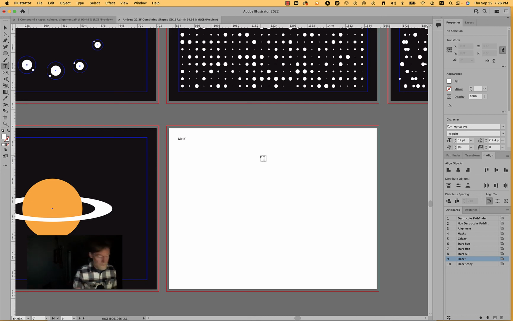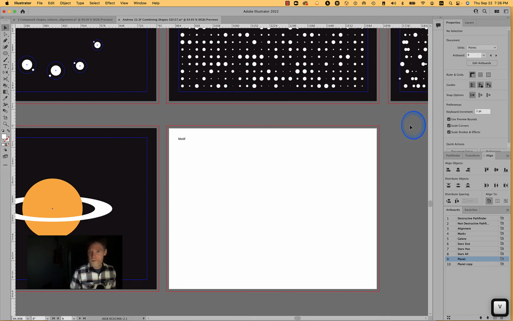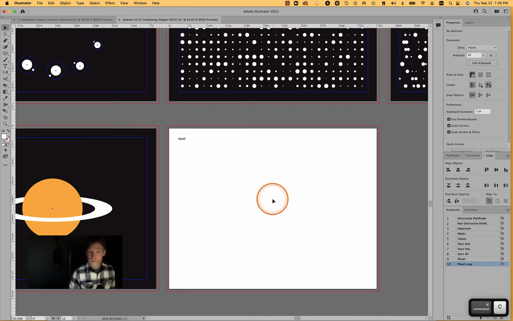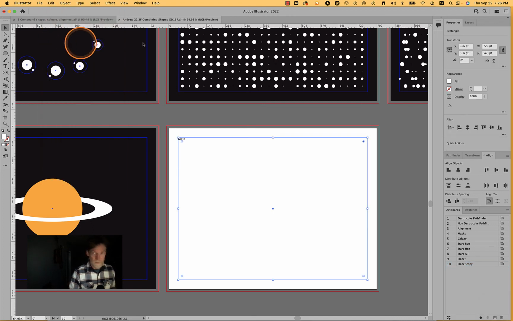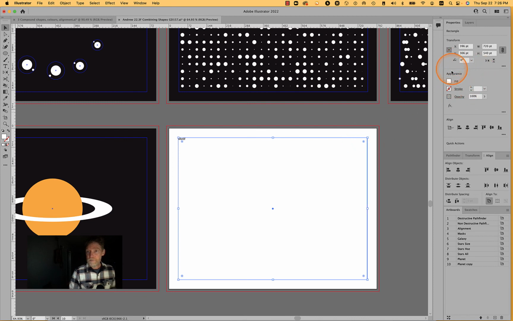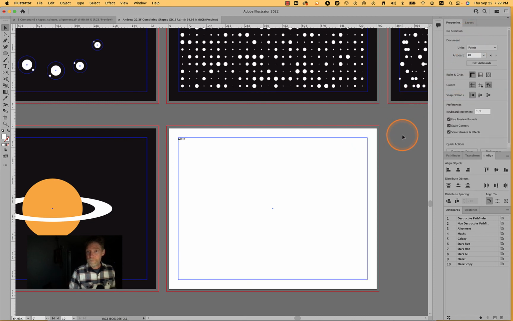We lost our grid, our guide, so I forgot to unlock it. So I'm just going to go ahead and unlock guides. I'm going to grab this one here, copy, and then again I have to click on this artboard, and then I'm going to go paste in front. I'm going to lock the guide, and what I'm going to do now is I'm going to create a rectangle